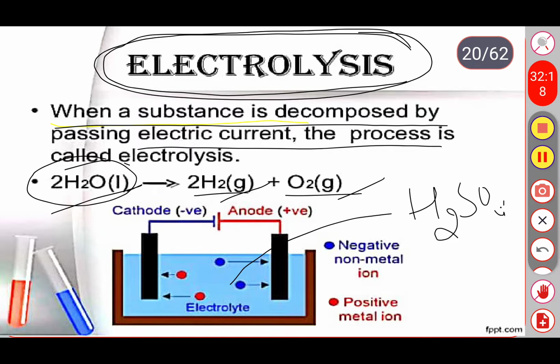In a plastic mug, drill 2 holes. Take one plastic mug and drill 2 holes at the base and insert graphite. Graphite means carbon electrodes. Connect these electrodes to a 6-volt battery. The whole plastic mug will act like a voltmeter. Fill the mug with water to nearly half and add a few drops of sulfuric acid.